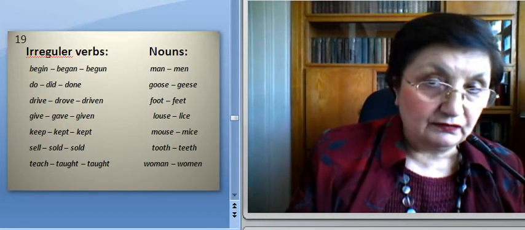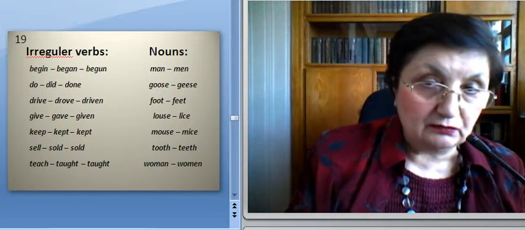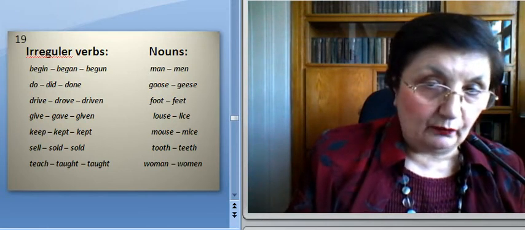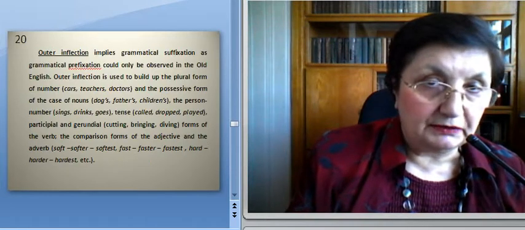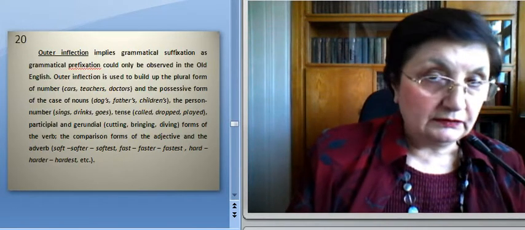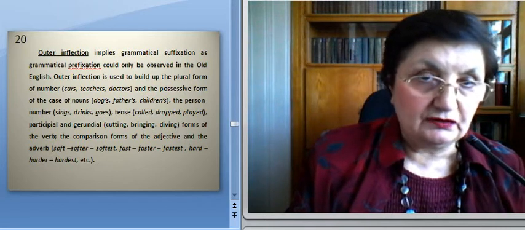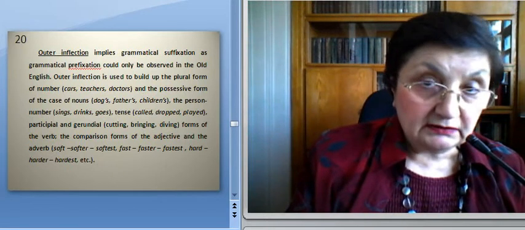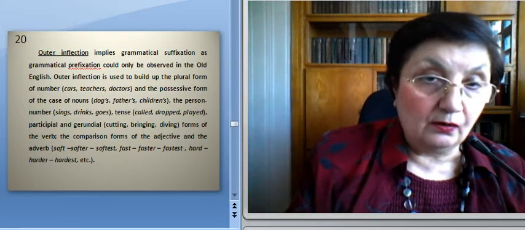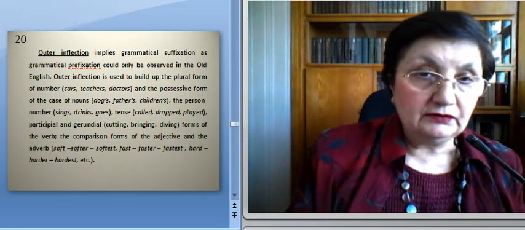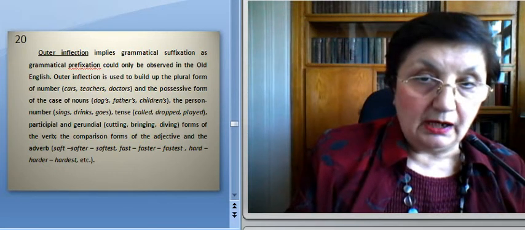Outer inflection implies grammatical suffixation, as grammatical prefixation could only be observed in Old English. Outer inflection is used to build up the plural form of nouns, for instance, cars, teachers, doctors, and the possessive form of the case of nouns: dog's, father's, children's, with apostrophe s,